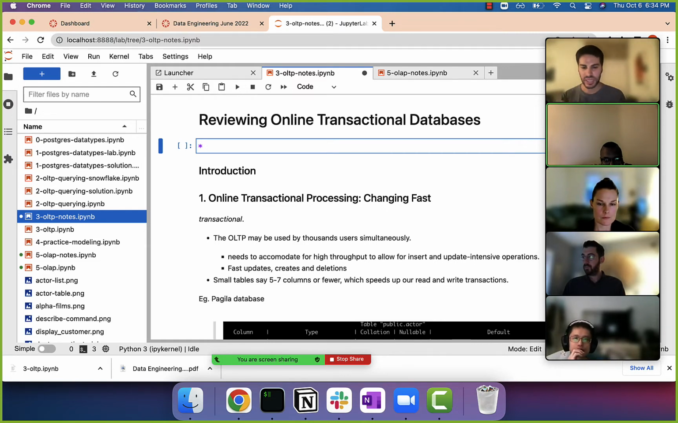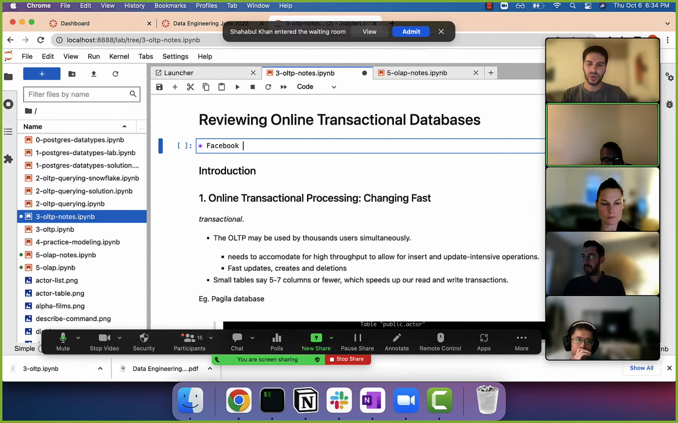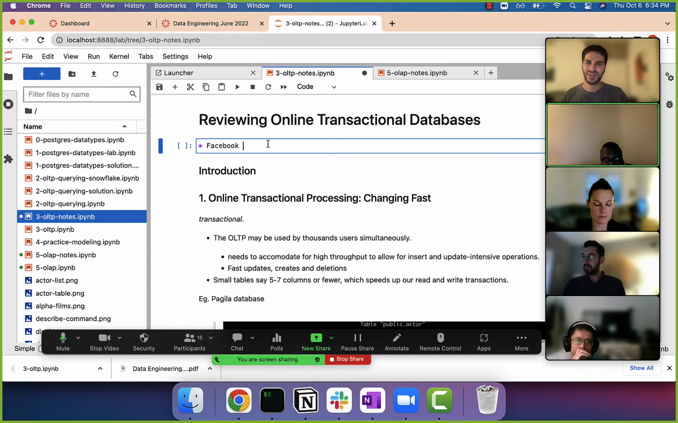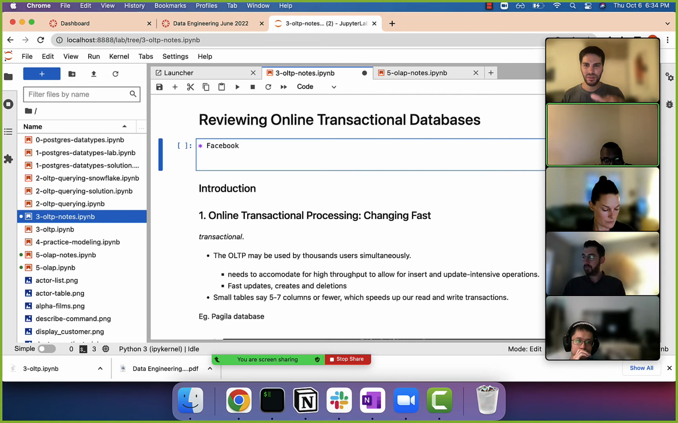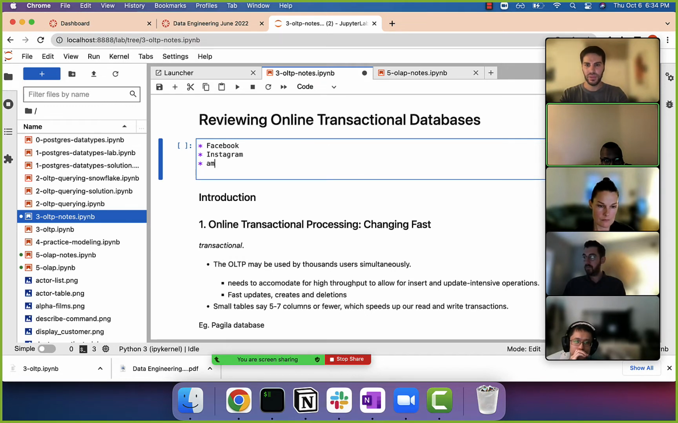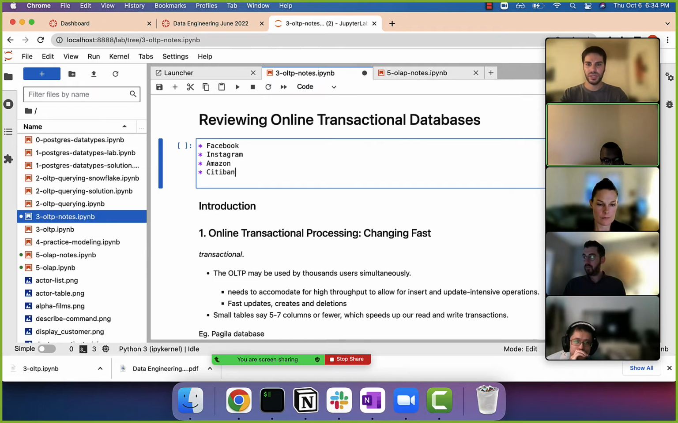All right. So for example, this is the way Facebook, when you use Facebook, this is the way they develop. They're designing their tables, or any application. It could be Instagram, it could be Amazon, it could be Citibank. It doesn't really matter what it is. If you're clicking on the website and you're submitting a form or interacting with it or checking your bank account,